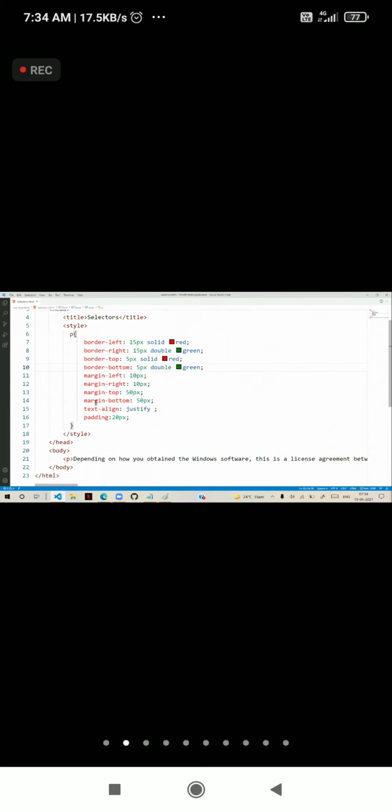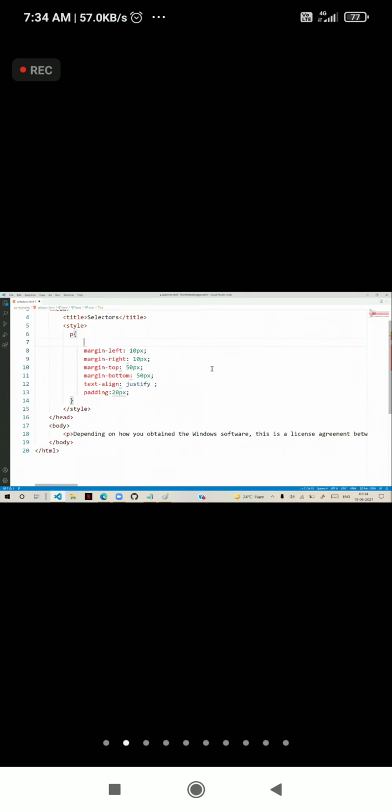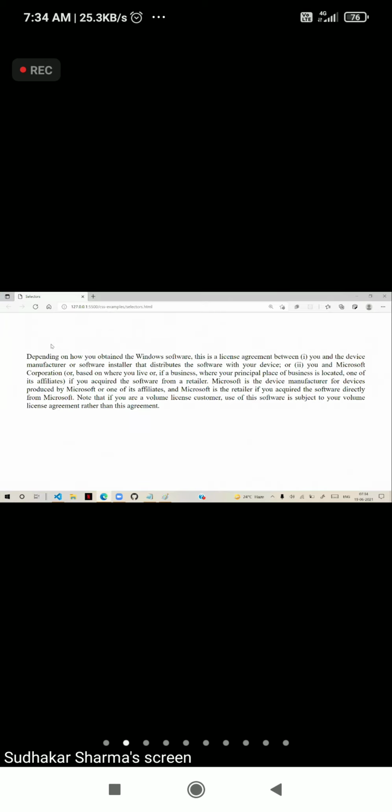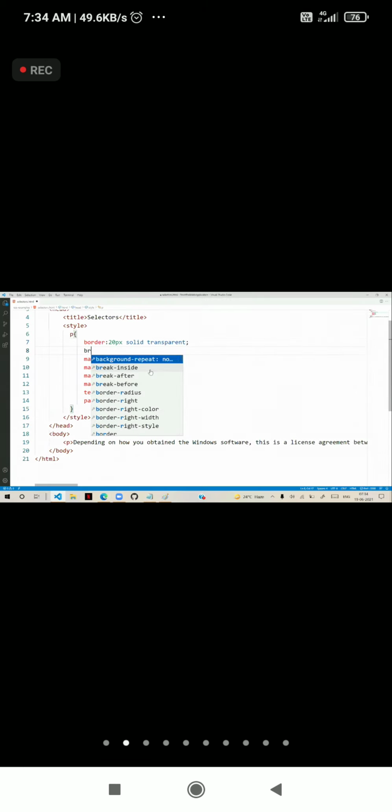Correctly configuring is nothing but, for border image, first we need to set border as 10 pixel, solid and color transparent, because even if you give the color, it will not be displayed. Remember, first you have to write the border. Border is some 20 pixels, but transparent. So there is a border but transparent. On that transparent border, we have to apply an image. So we have a border image.